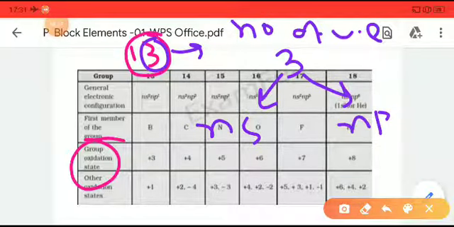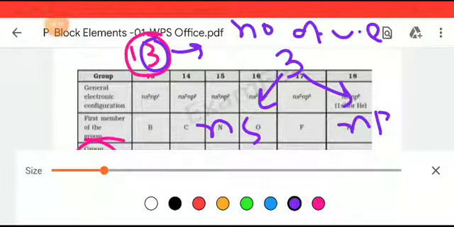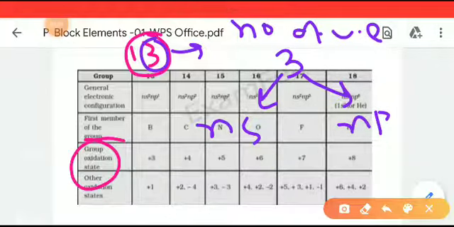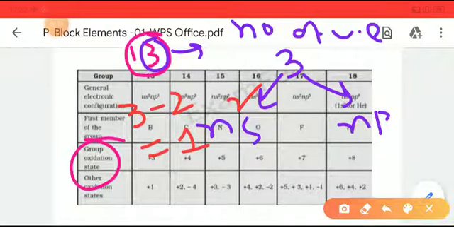These 3 electrons will be divided into ns and np, because from Hund's rule we know the electrons move from the lower energy level to the higher energy level. So at first we will fill the ns orbital fully, then we will proceed to the np orbital. If we give 2 electrons to the ns orbital, then the s orbital will be fulfilled. So 3 minus 2, that is 1 electron, remains, and the np orbital will get 1 electron.